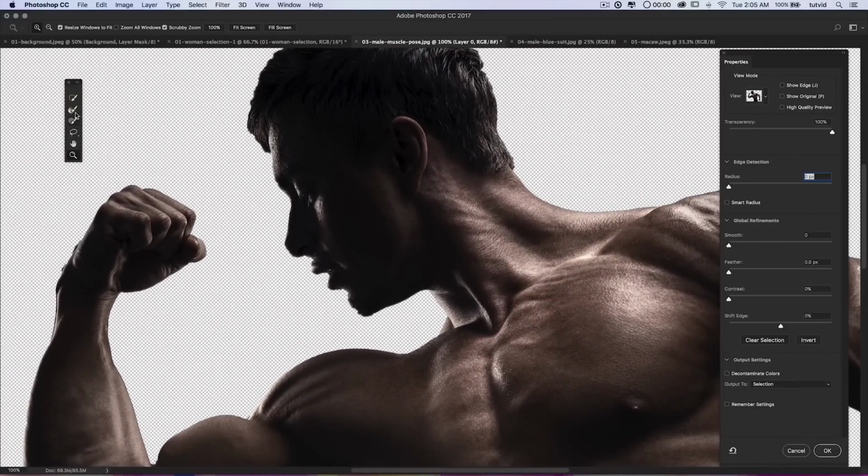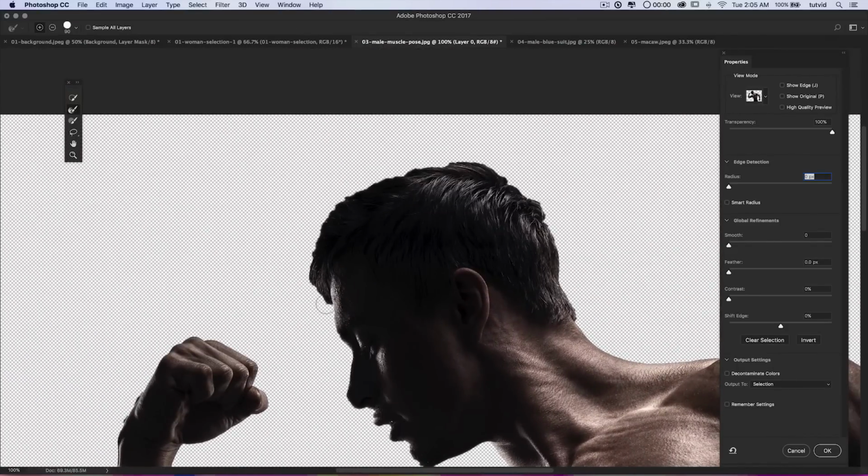What I will try to do is use the Refine Edge brush, and we'll try to paint over his hair a little bit. And you can see it looks really scary, but just hang with it for a second. It cleans itself up in a minute. We're gonna go over the hair and just try to get a better selection of the hair. And you can see it just looks really, really abysmal. It's going to look a little bit better when we take it out and put it over the background, but